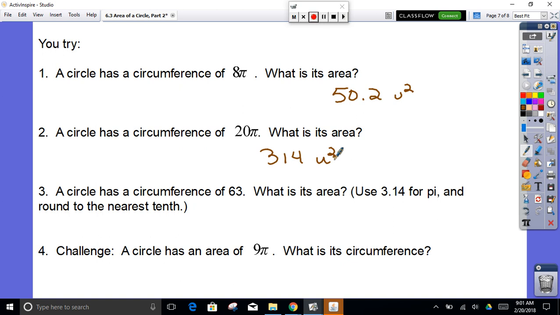Okay, how about number 3, Eve? 314 units squared. No, it's not 314. Devin? It's 316 square units. Let's take a look at that one. If the circumference is 63, 63 divided by pi will give us the diameter. We get a diameter of